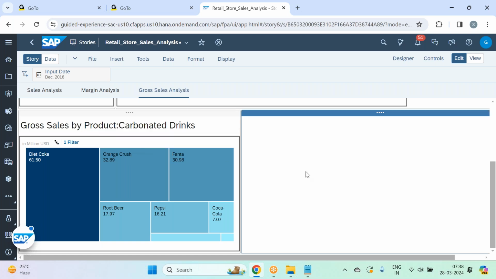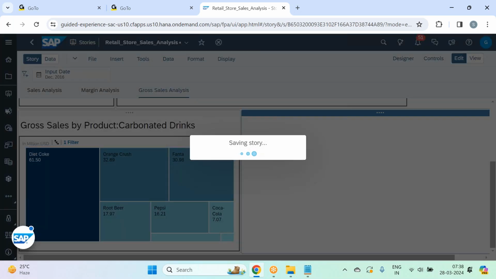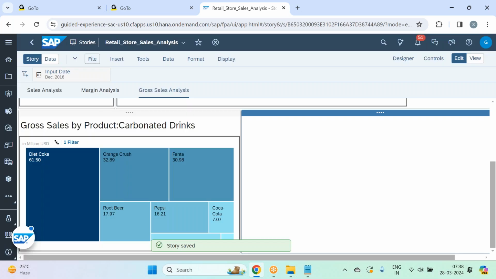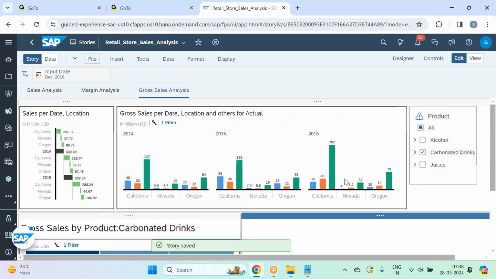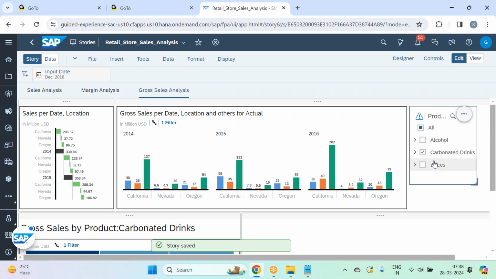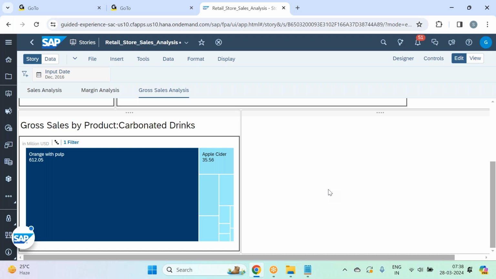I'll write it as gross sales by product, carbonated drinks. Save this. So guys, now the user in the view mode can actually come and change from carbonated drinks to juices. Okay, so they changed it to juices, and this widget is showing the juices data